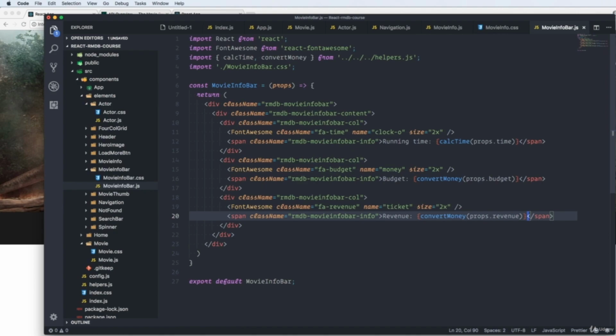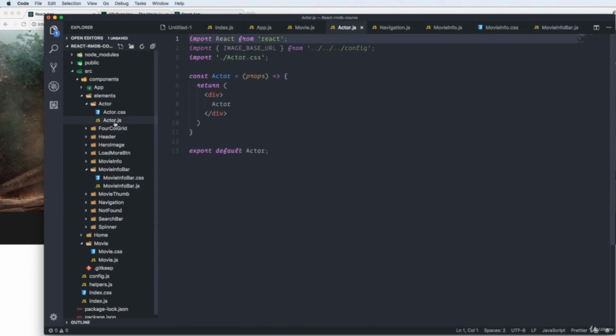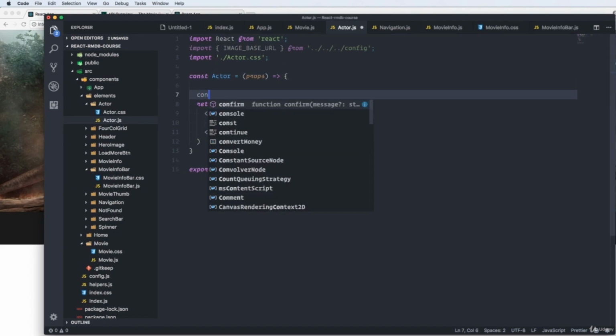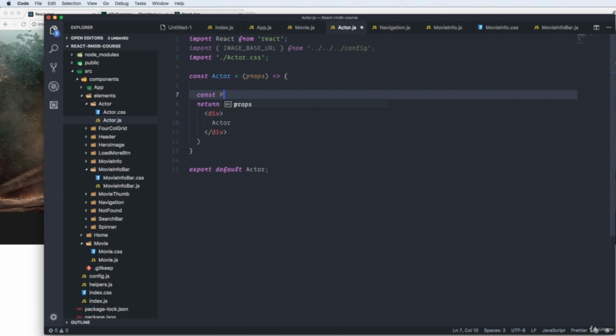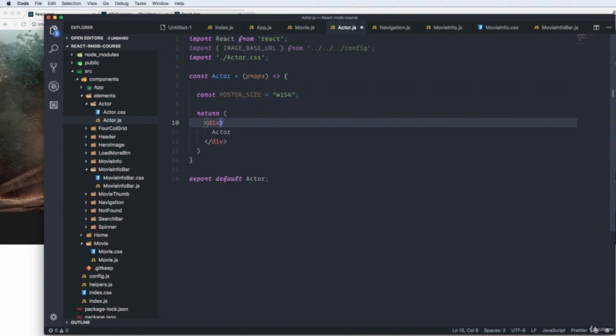We just have our actors component left to do before we go into our movie component and puzzle these pieces together. So we open up our actor.js file and start creating this one. First, we're going to override the poster size for this one. So we create a new const called poster size, and we set that one to W154, like so. We set a class name on our wrapper div to RMDB